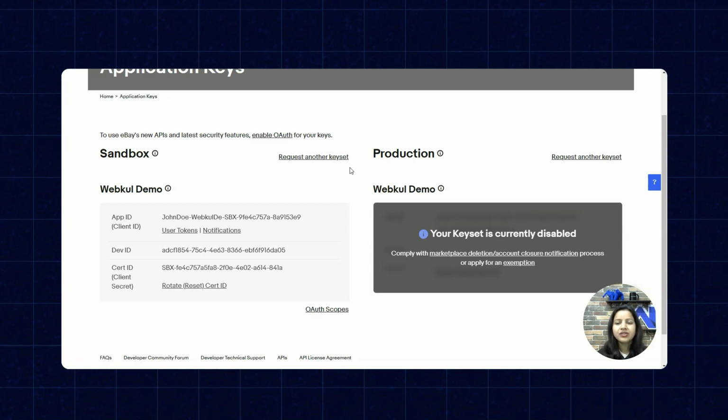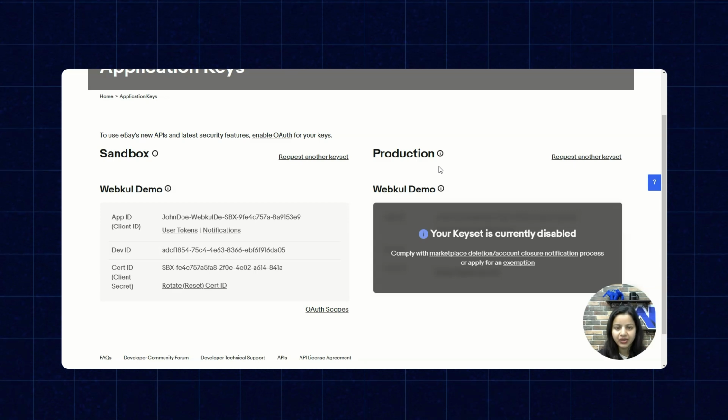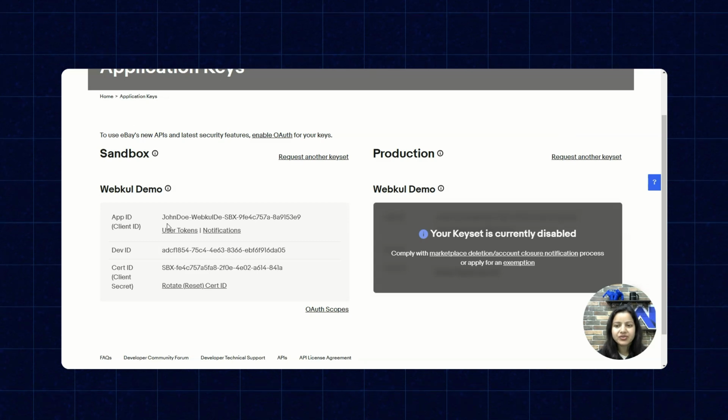Okay, so to work with the WooCommerce eBay connector, you need to get the key set of the production environment only. The sandbox environment will not work on the WooCommerce eBay connector, as the sandbox environment only has a few functionalities. For demo purposes only, I am using the sandbox or test environment right now.